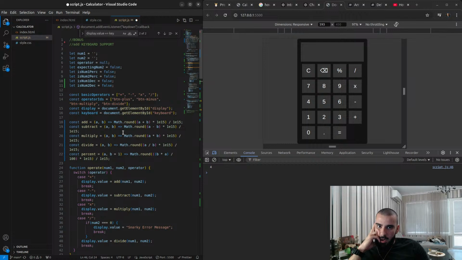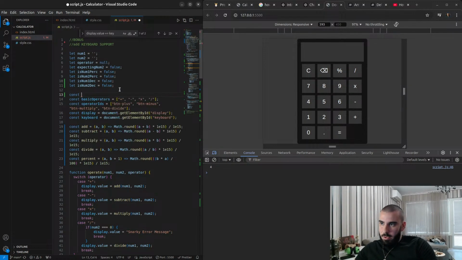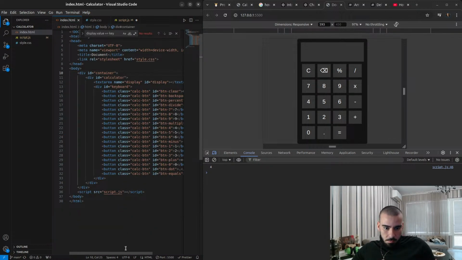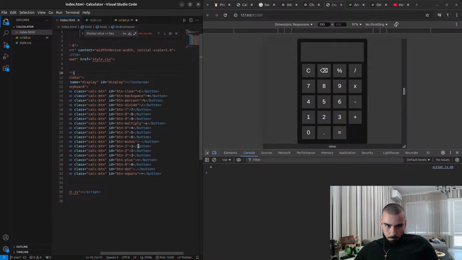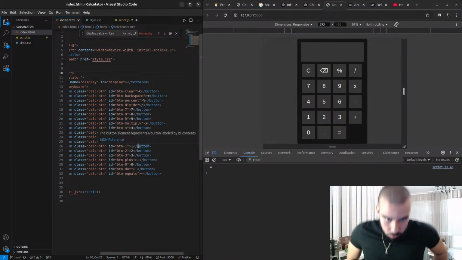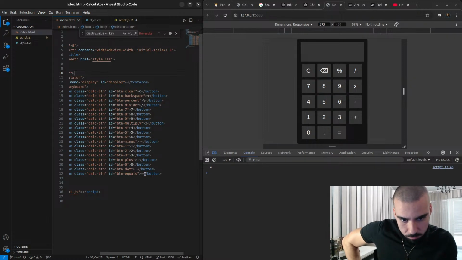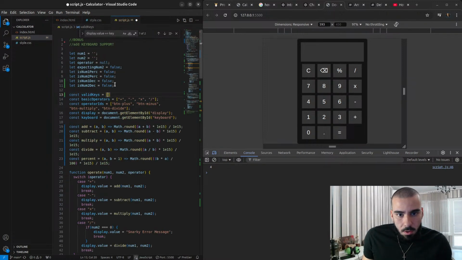So maybe have a const of valid keys, and this should be an array of, this would have been good if I could just copy all of this. So C, whatever that is,